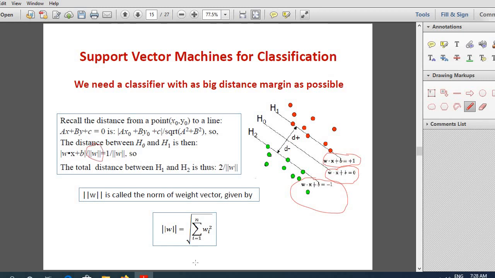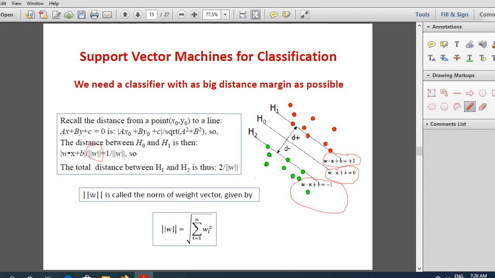This norm of W means that it is the root of the squares of each of the components in that vector. For example, if the weight vector is of n dimensions, there will be W1, W2, up to Wn. What you do is you do the calculation this way to find the norm of vector W. So this way you can calculate the distance between two